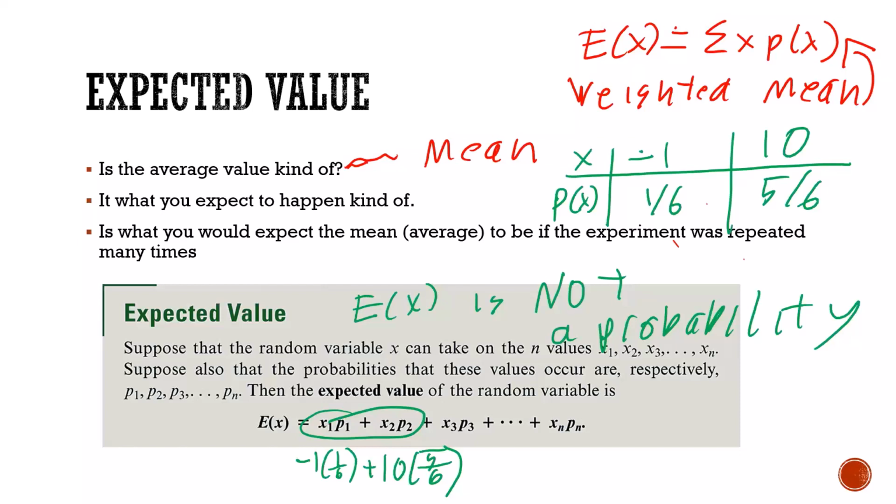So the expected value is the mean of your probability distribution. It is the value that you would average out if you were doing it over and over again, right? Questions on what an expected value is? Okay, so